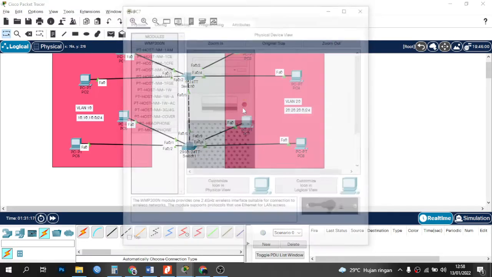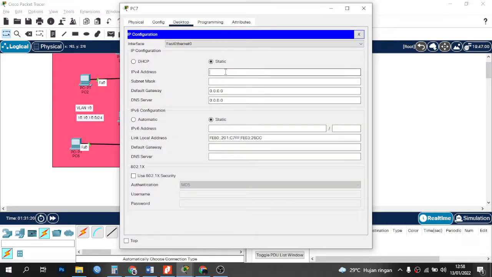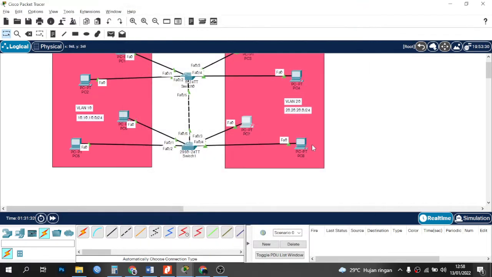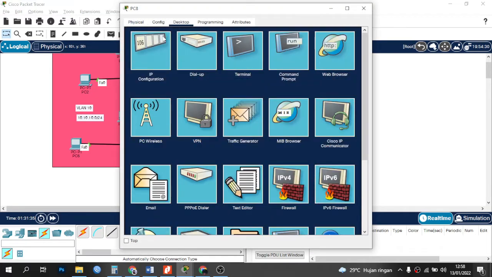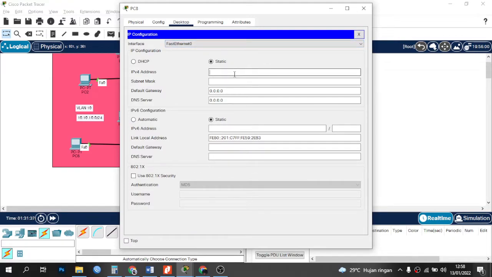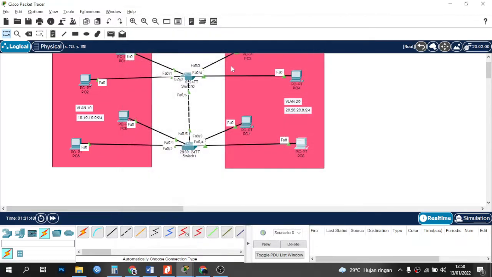Okay, next PC7, 20.20.20.3, 255.255.255.0. Okay, next PC8, 20.20.20.4, 255.255.255.0. Okay, finish.